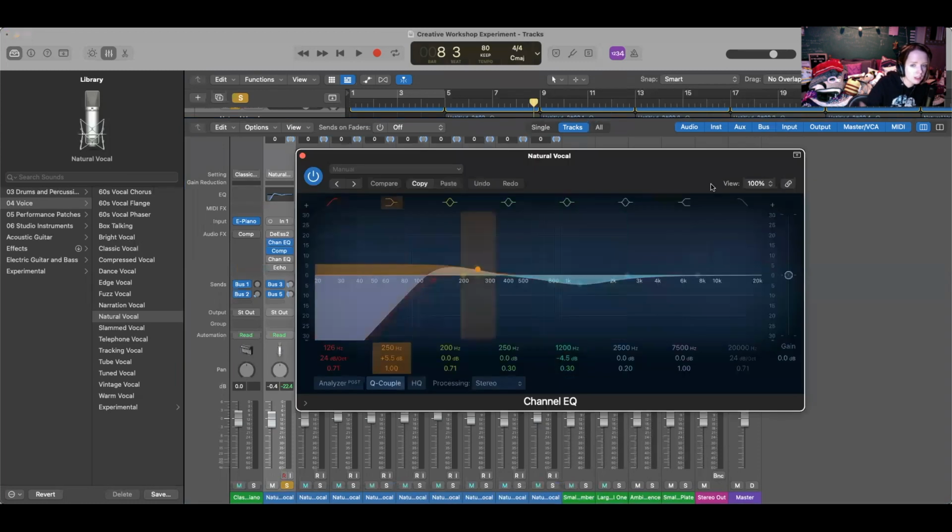So here's the EQ that I have for this track already pulled up. I believe I'm gonna play it without the EQ and then play it with it. Same with the compression, like I did, just to show you the difference in sound. And usually I use EQ to boost the lower frequencies of my voice because my voice is so light and